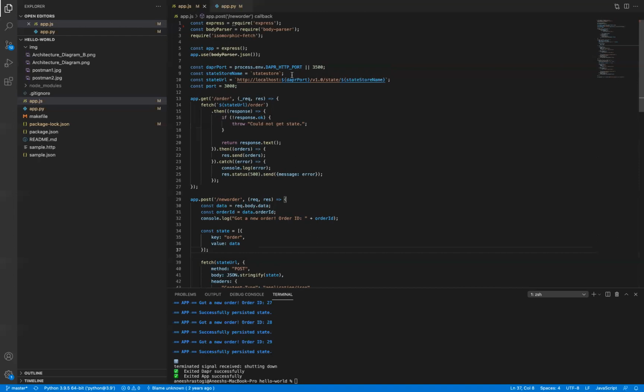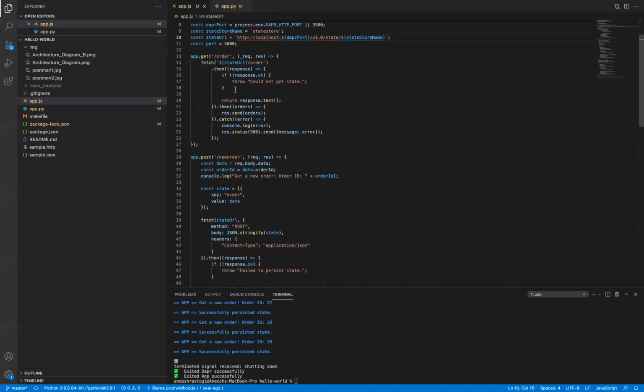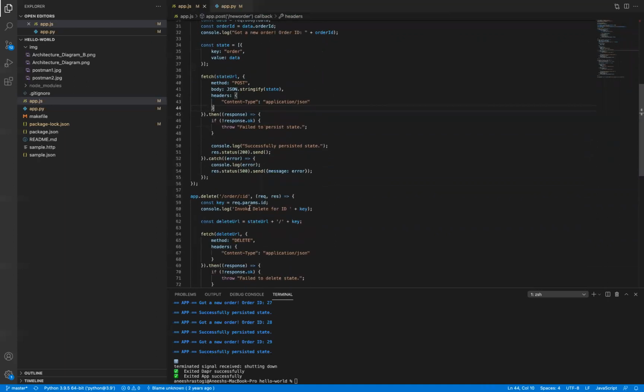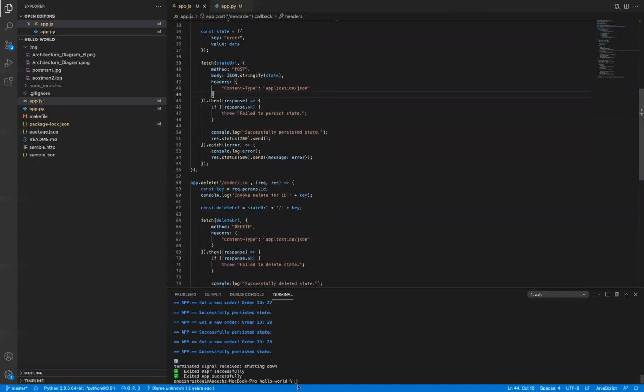And it is communicating with my Redis using this URL. Okay, the Redis is hosted on Dapr port 3500. It is a default port, and this is the name of the state store that I have defined in my YAML for Redis. So using this URL, my service is communicating with Redis. All right. So we have a get API, a new order post API, and a deletion API. Okay. So I'll run this particular application, and we'll be able to call those APIs and